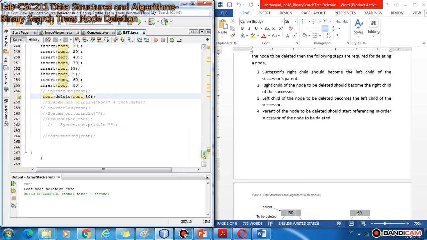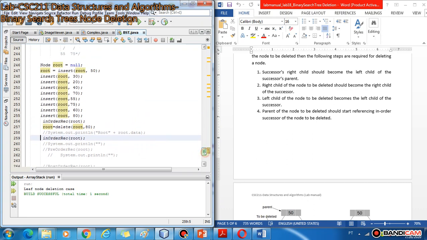You can check it by not returning root from the delete method, and then calling the delete method here and doing an in order traversal of the tree. So before deletion we call this in order method, and after deletion we call this in order method.